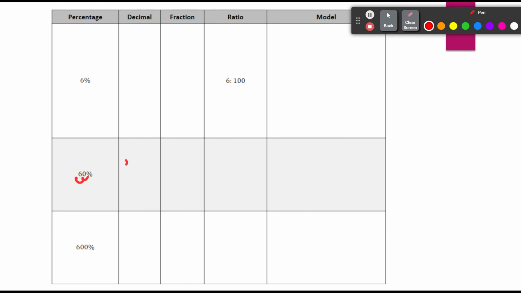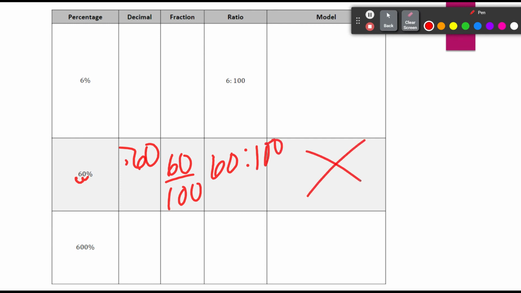that means I have 0.60. Yep, that's a 6. Sorry, I got a little bit messed up. My fraction, I take the number that is in front of the percent, put it over 100, and my ratio is 60 to 100. Again, you don't have to do the model, but you could label 60 out of 100